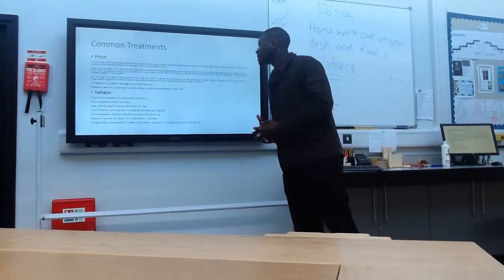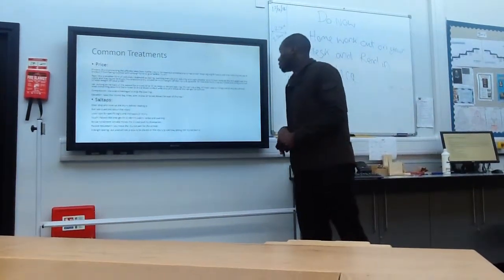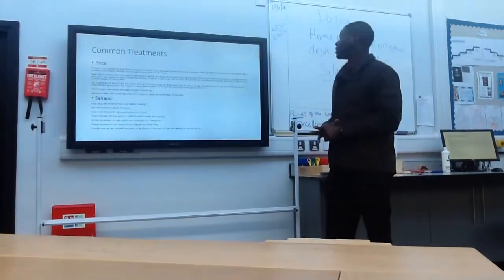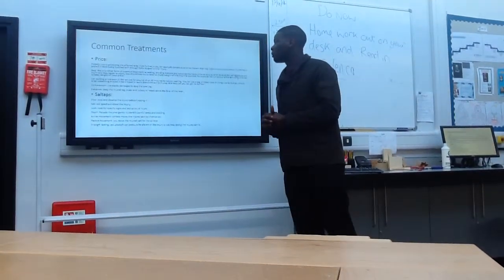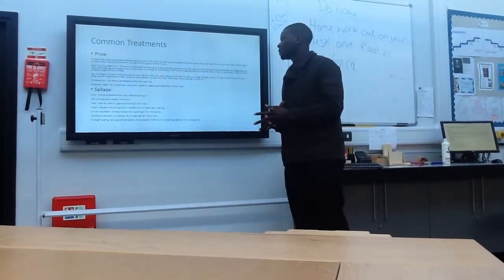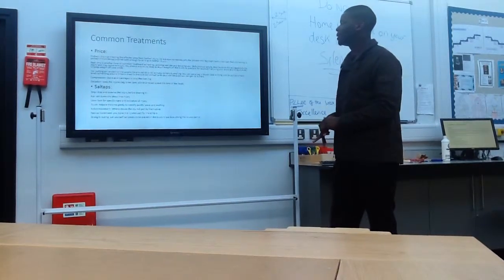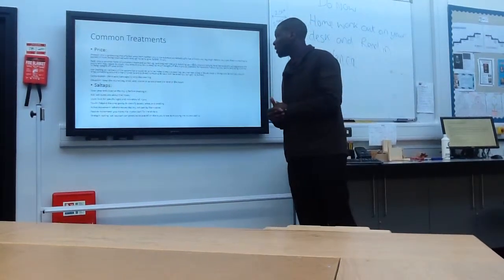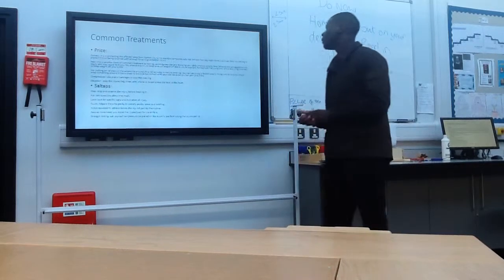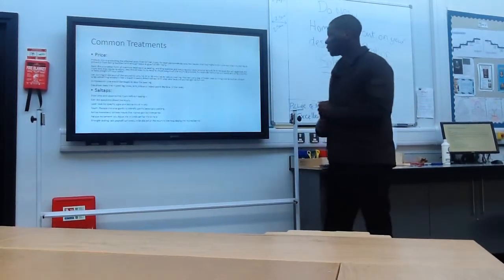Ice. Putting an ice pack on the wound for around 20 to 30 minutes will reduce swelling. You can use a bag of frozen peas or anything similar, but you should wrap something around it like a towel to avoid direct contact with your skin, because you can get ice burn. Compression. You should use elastic bandages to stop swelling. And elevation. You should keep the injured leg, knee, arm or elbow raised above the level of the heart.